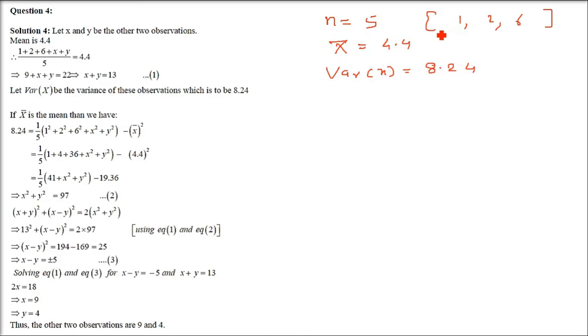So how to find out? Just take any 2 because 2 are not given. So let us take one is x, one is y. So this is the step which is going to come. And then we'll proceed. So I need to tell you how this step has come. This step is very important because this is going to be in each and every question which is following.